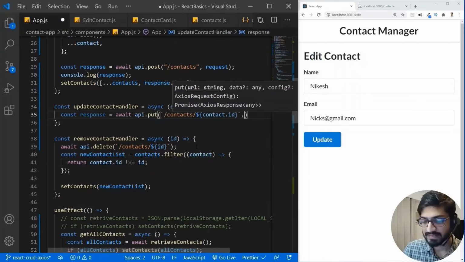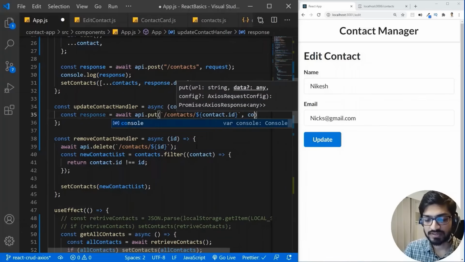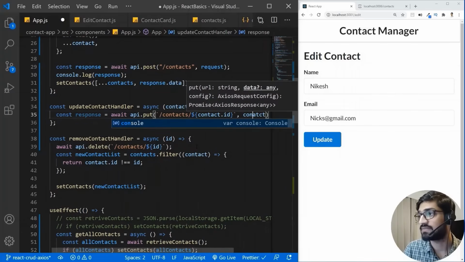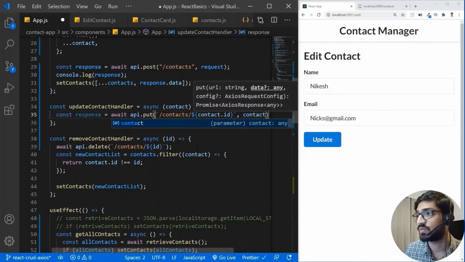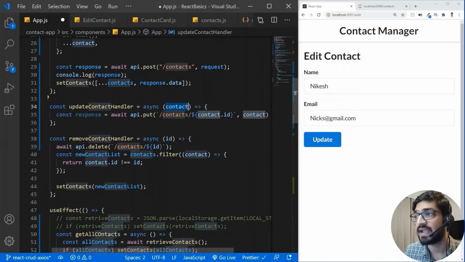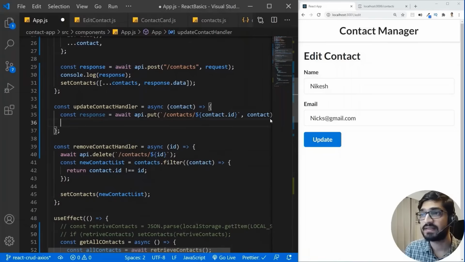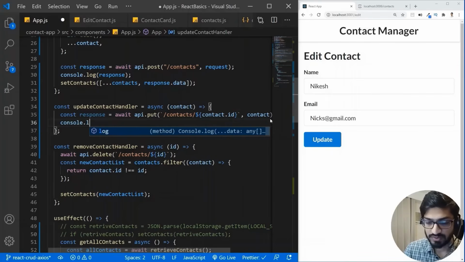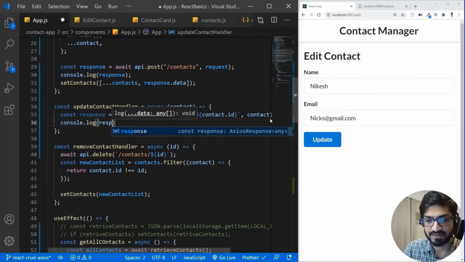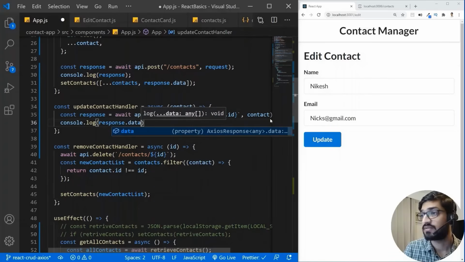All right, and then what will be the new values? The new values will be in the contact which we have passed. So this will be the new value. So we have taken the ID of this contact here and we have added the contact here, which will be the new values. Once we make the update, the next thing we need to do is actually update the state with the new value. Because if I do a console log of the response dot data,